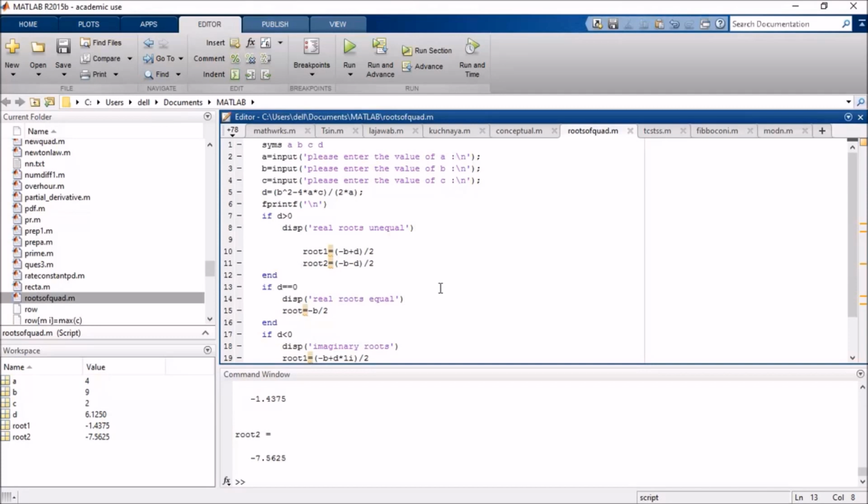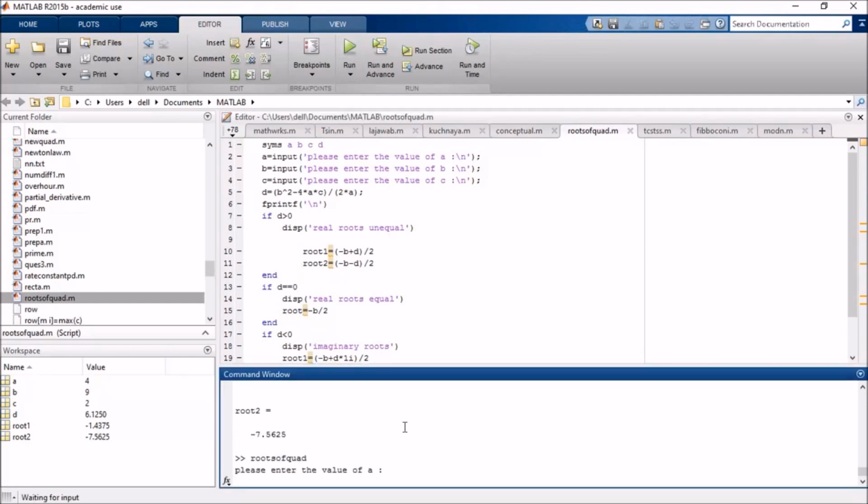For example, if you want both roots to be equal, for that the equation should form a perfect square. For example, if I enter the value of a as 1, b as 4 and c as 4, what I have written is x square plus 4x plus 4.